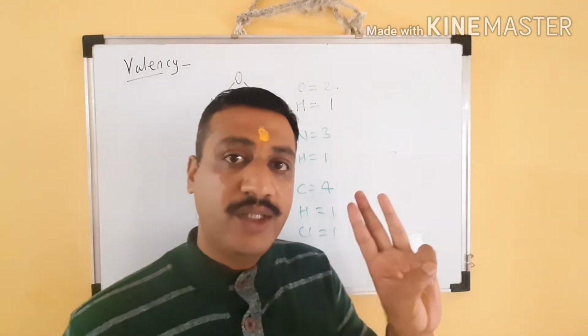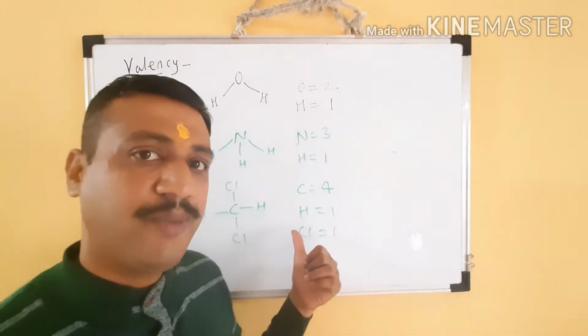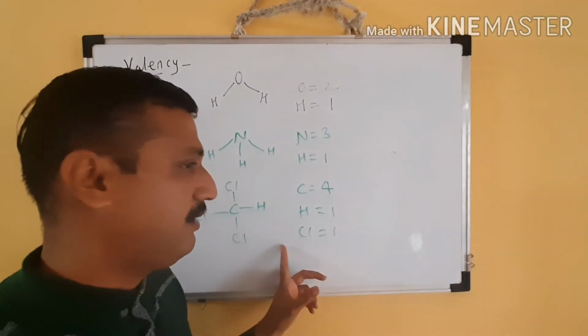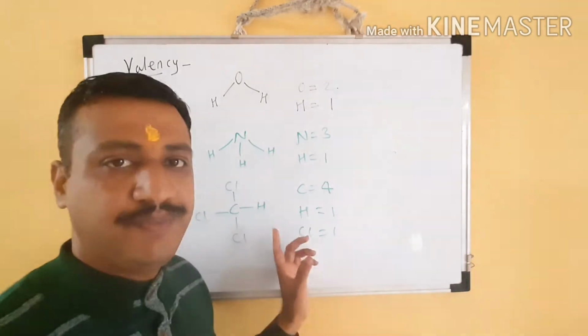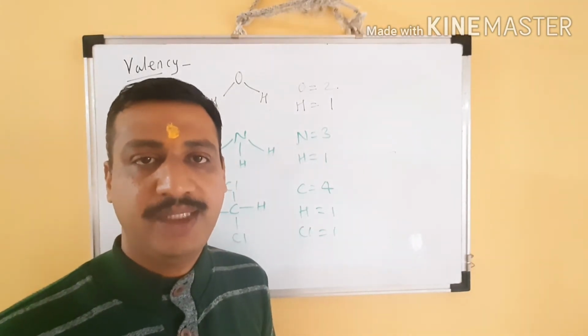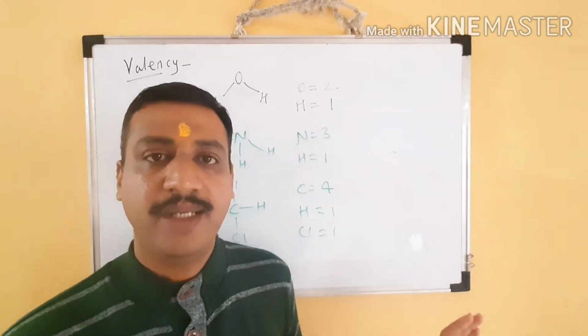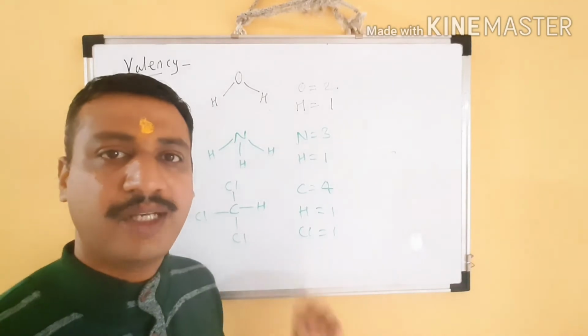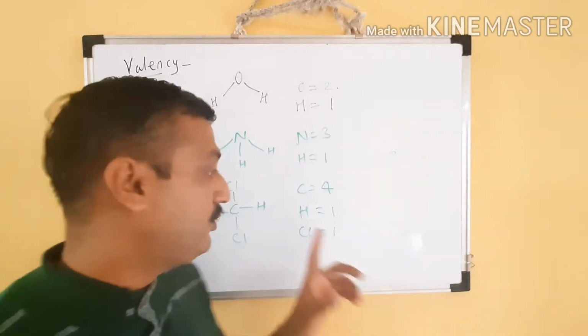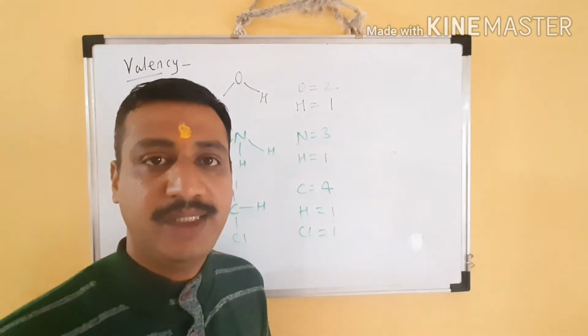Now the third, most important advanced definition. But first, what is the drawback of the previous definition? The drawback is that it is not easy to know the structure of all these molecules instantly. Nowadays we have techniques like NMR spectroscopy with which we can determine it, but it is not easy and not that convenient to know the structure. Here we should know the structure, how many chemical bonds there are. That's why it is slightly difficult.